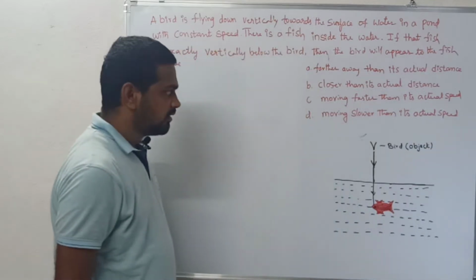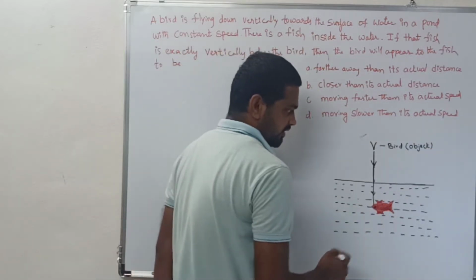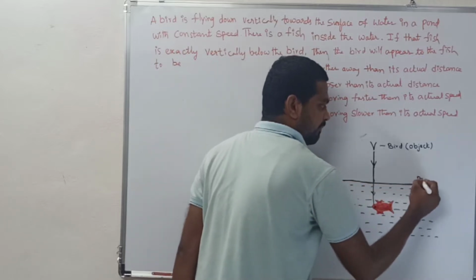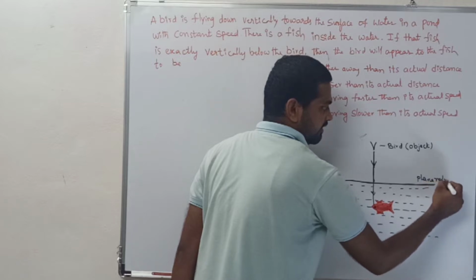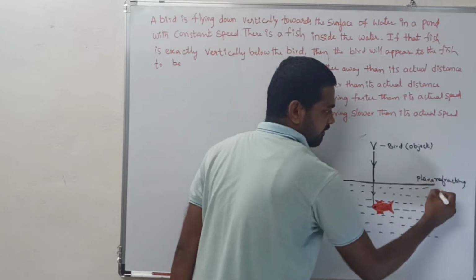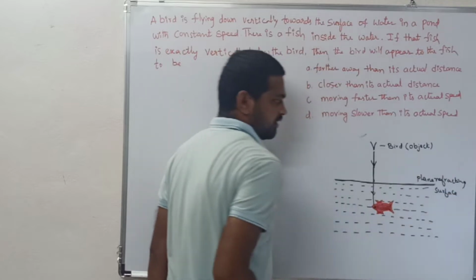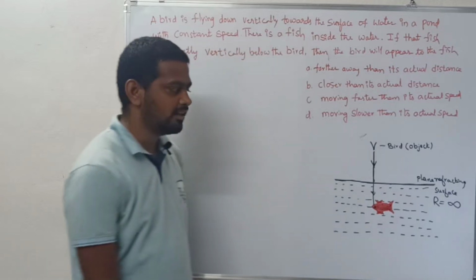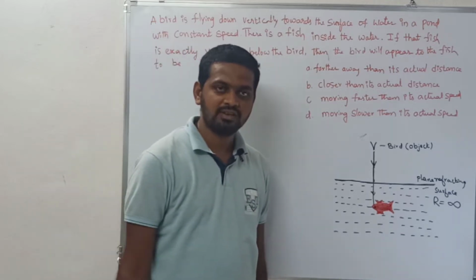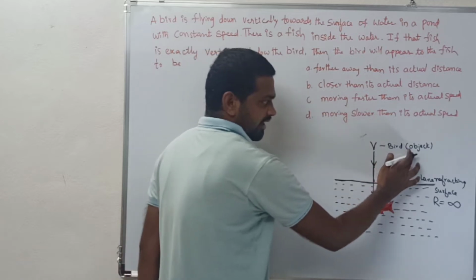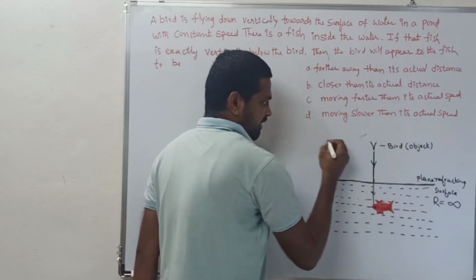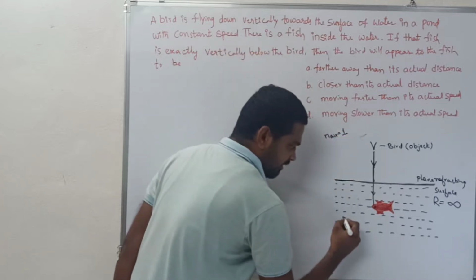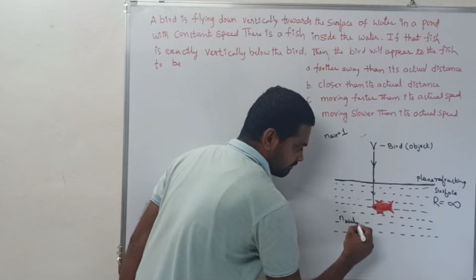The bird is acting like the object, and since it is a pond, it is a plane refracting surface. For a plane refracting surface, the radius will be equal to infinity. The bird is acting like the object, so the bird is in the presence of air. So the refractive index of air is 1, and the refractive index of water